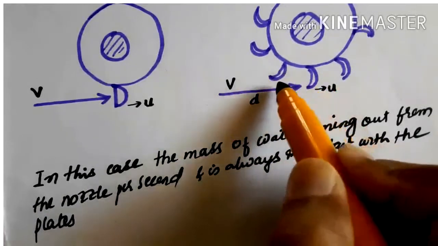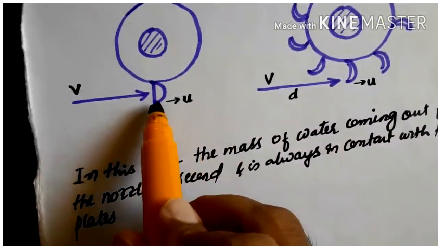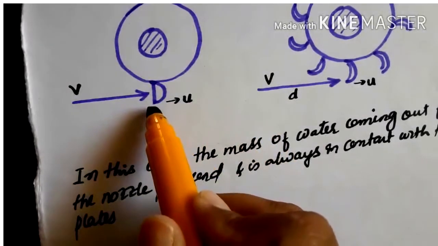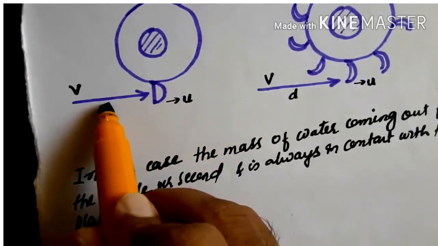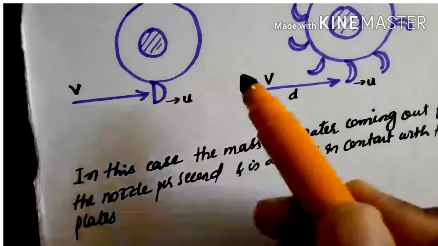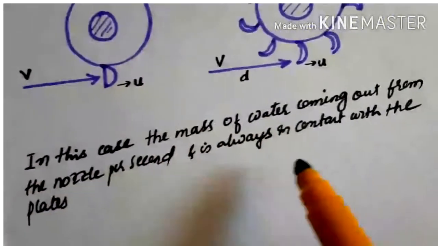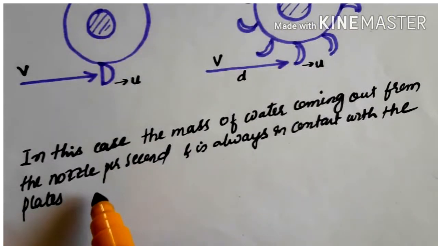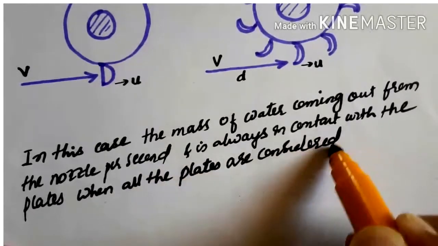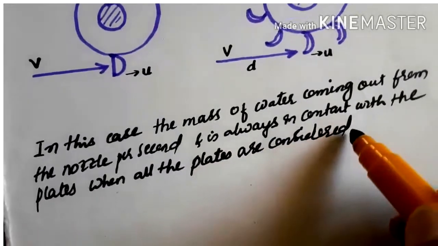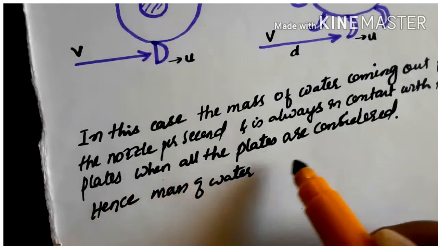one by one the vanes are receiving the jet, but here, in the single vane case, the jet may or may not contact the vane, because once it strikes it goes on moving, and lengthening of the jet may take place. So after a certain time the jet may strike or may not strike. Okay, so contact with the plates, when all the plates are considered,